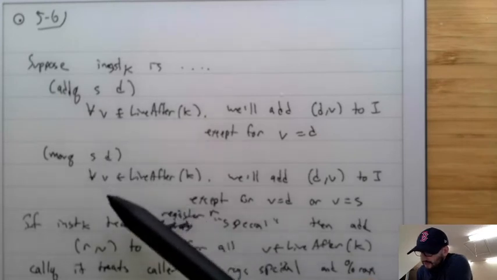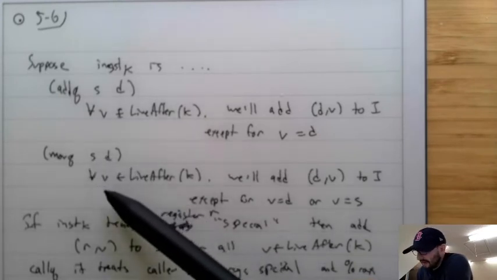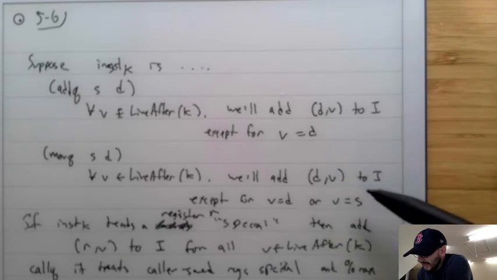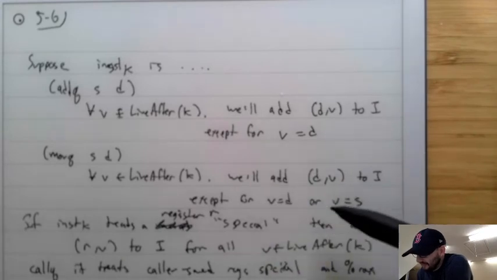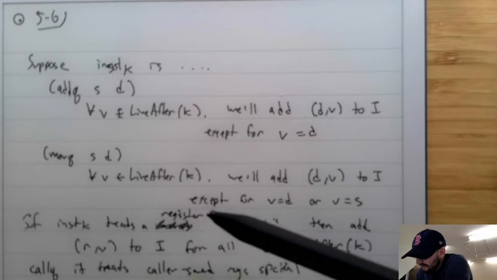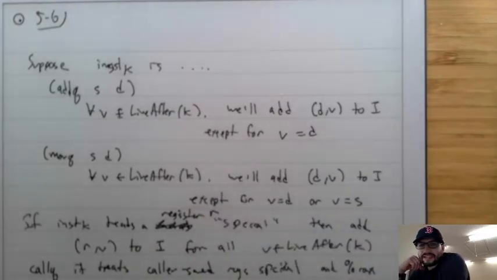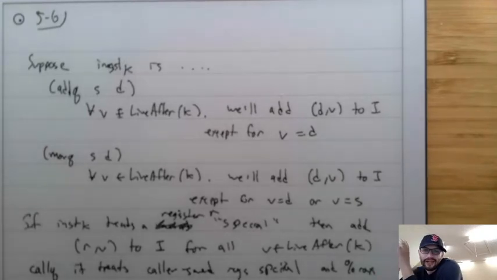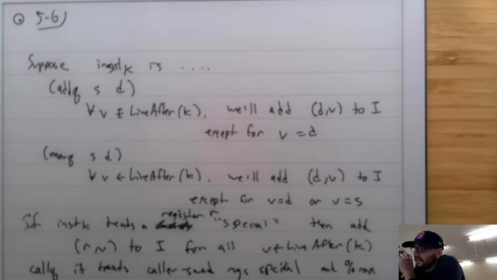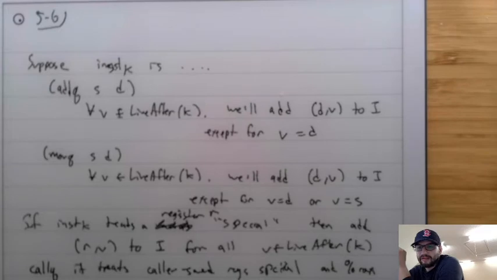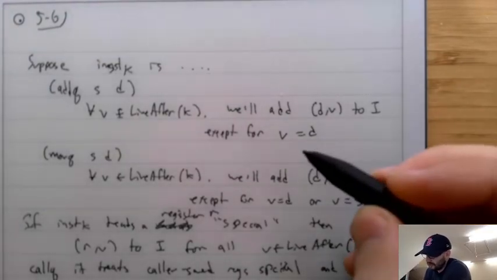And if it's a move, we're going to look through everything inside of the live after set, and we're going to add dv to I, except for when v equals d or v equals s. In this move case, something interesting happens. We're going to say that two things are not going to interfere with one another, sorry, it's not that they don't interfere with one another. It's that we're going to also keep track of the fact that they're related to a move. So what we're also going to do is add